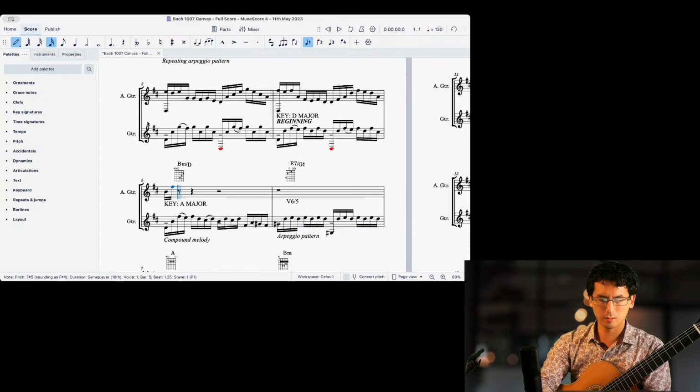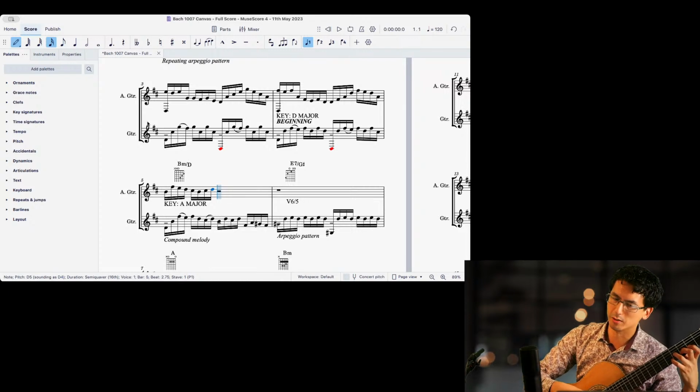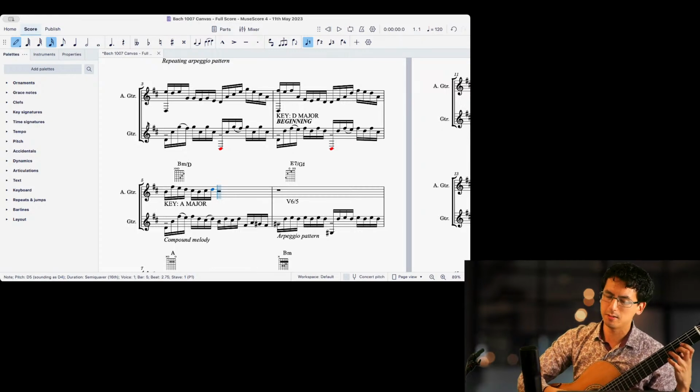So. Now I want to do a bit of a barrelage effect where we've got a pedal note with a melody. So